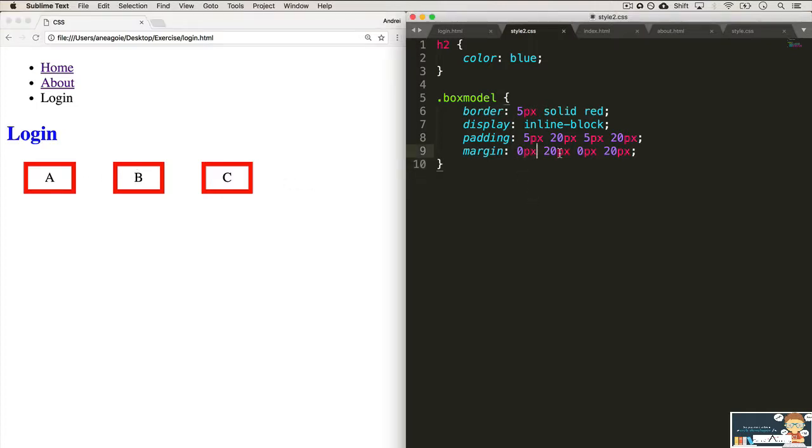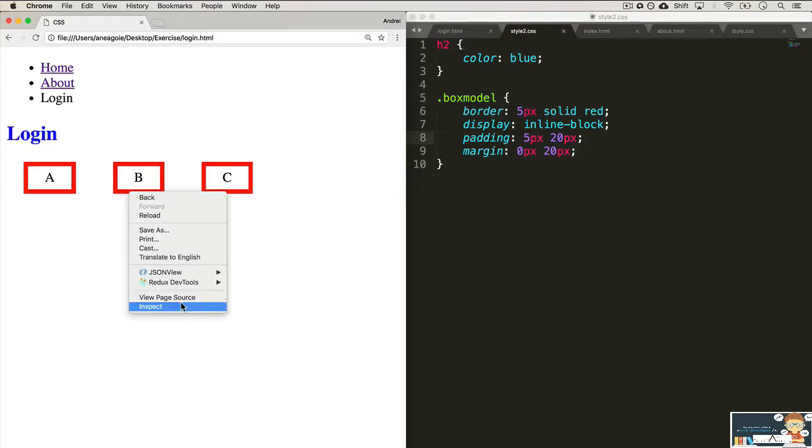Now, this might get tedious. There is one other shorthand way, and that is you can remove this. So this means top and bottom. This means left and right. I save this and refresh. Nothing should change, and it doesn't. And we can do the same at the top here as well. Perfect. One last thing I want to show you is that if we open up our developer tools,